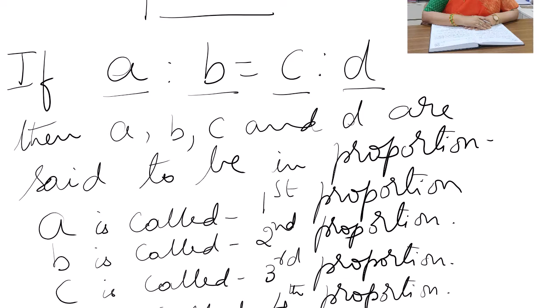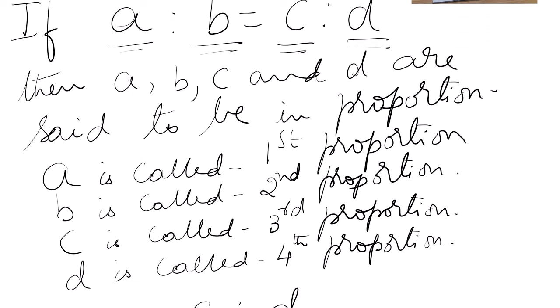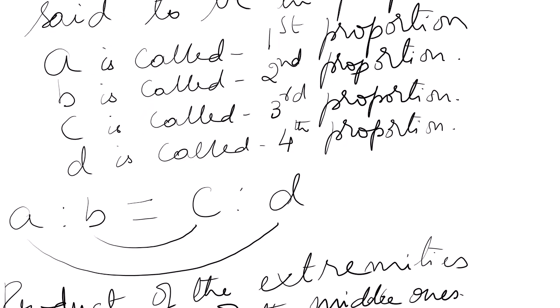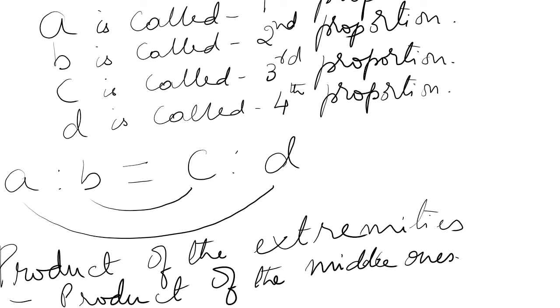If A is to B is equal to C is to D, then A is first, B is second, C is third, and D is fourth. The order is very important. Now also, if A is to B is equal to C is to D, then the product of the extremities, that is